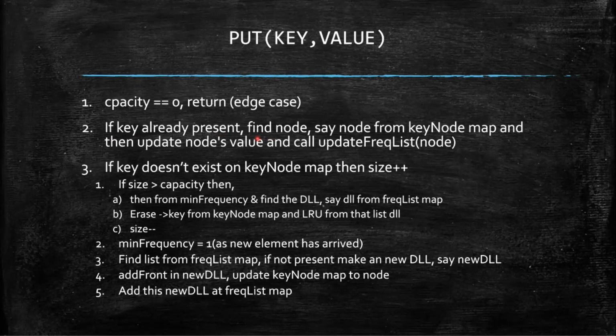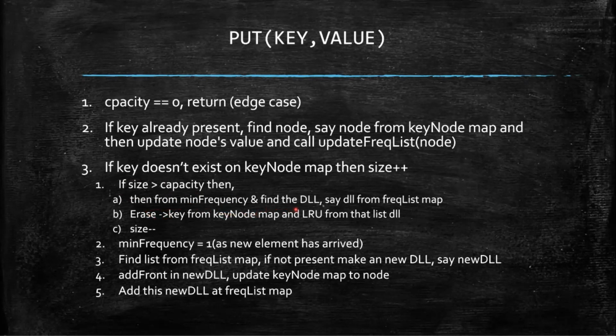If the key is already present, I will find that node from the key node hash map which I have there, and then I will update its value to the value which is passed with this key comma value, and update the frequency list, like call the frequency list function. And then if it is not present and the